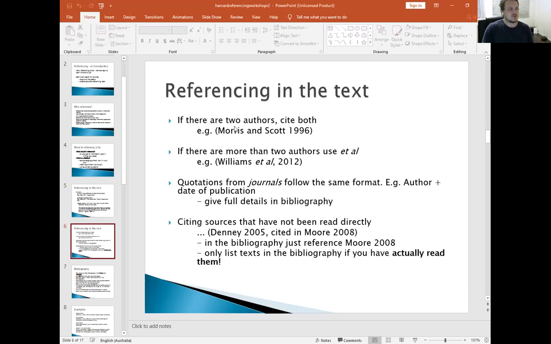So if there's two or more authors, you cite both of them. So Morris and Scott, 1996. If there are more than two authors, we use et al., or including.